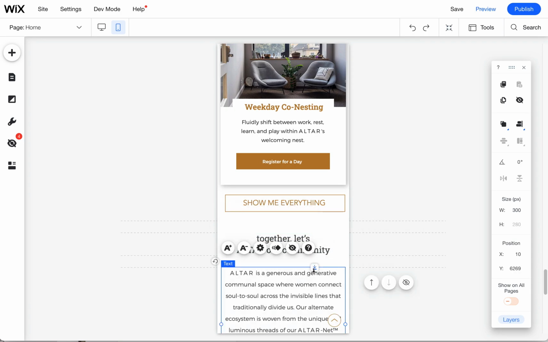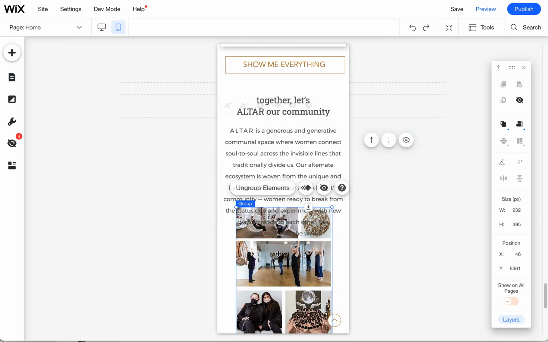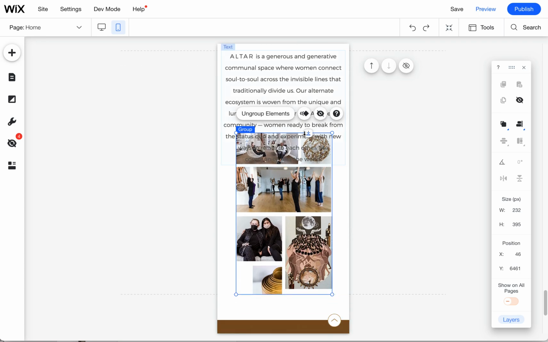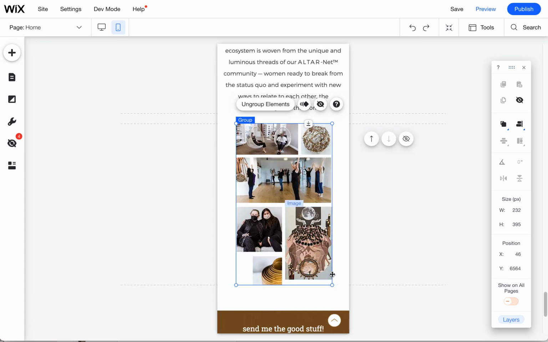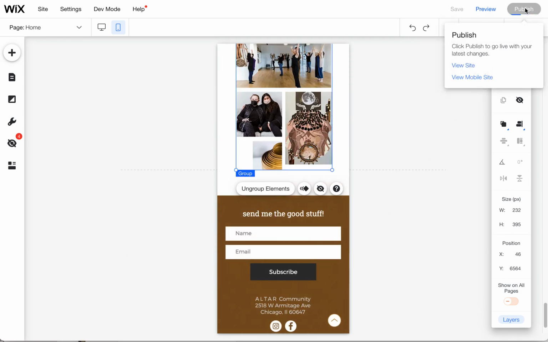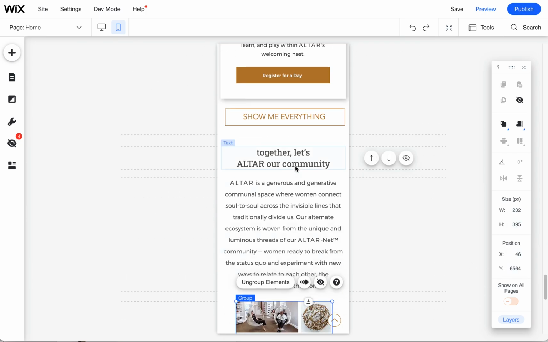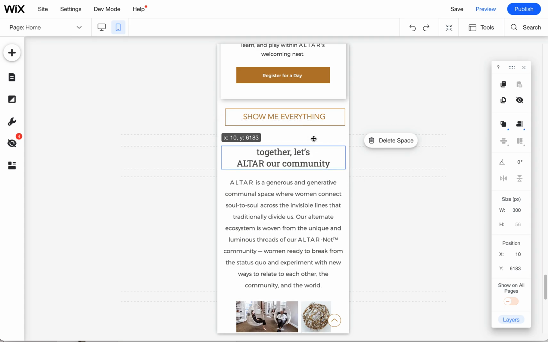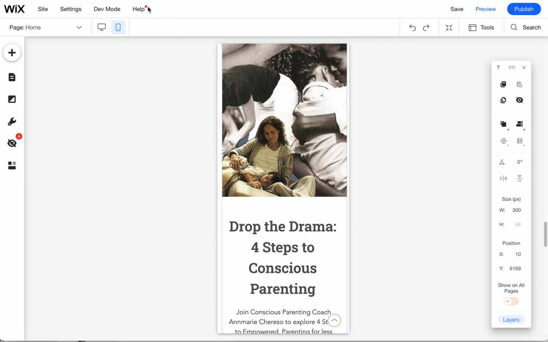So I moved that out of there, and then I'm spacing this a little bit, and you'll see I accidentally overlapped some pictures, so I can certainly give those a little space as well. And there you have it. So I'm going to go ahead and publish. That's just a real simple, quick fix of how to fix overlapping elements in the mobile view of any Wix website. So if you see that kind of stuff happen, just go over to your mobile editor